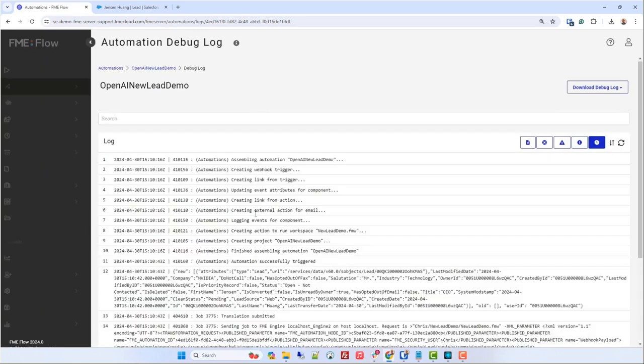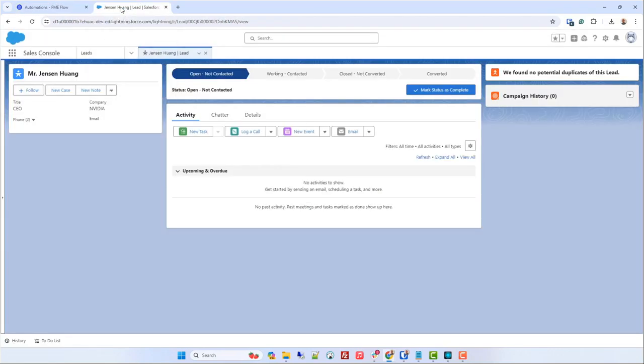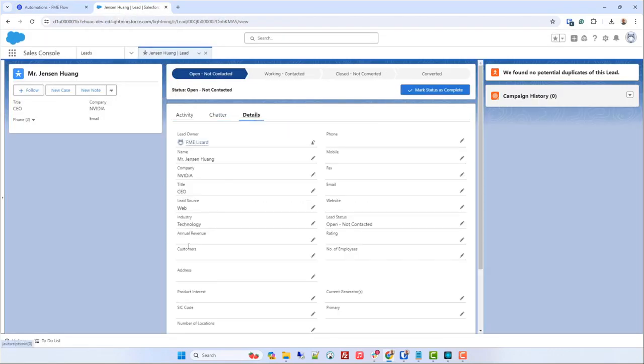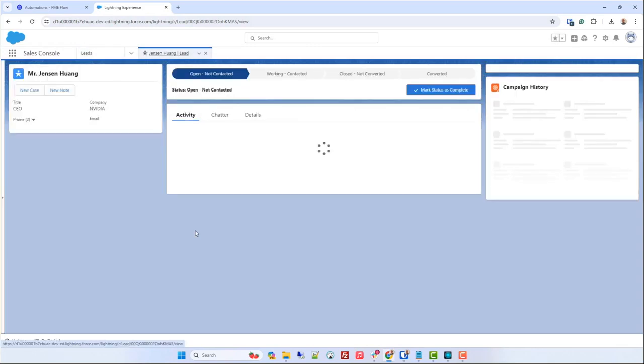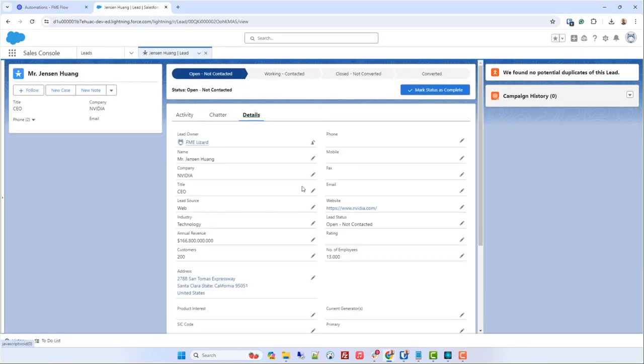So I'll click Save to save that lead and refresh. And again, these webhooks are very quick. So we'll see that JSON payload, we see it in the log there, it's already been submitted, and our translation has run and processed that data, asked ChatGPT the questions. And if I refresh this lead now in Salesforce and click details, we'll see now we have the annual revenue.